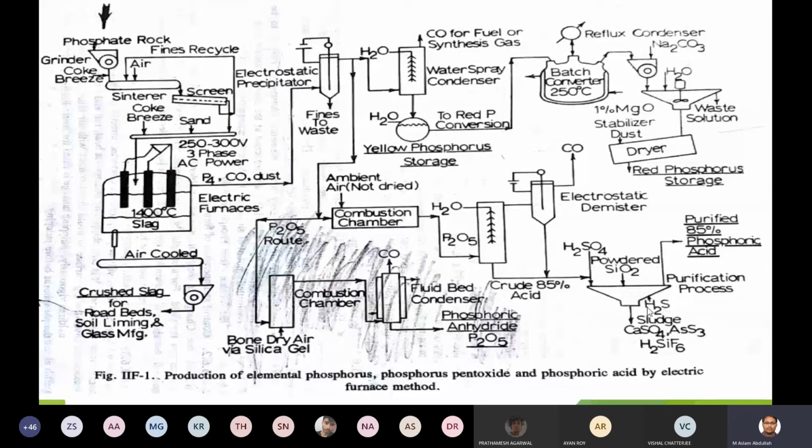Once you have added either H2SO4 or H2S, you can recover some other side products like CH4, AsSP, then H2SiF6. As is arsenic with sulfur, and H2SiF6 is hexafluorosilicic acid. These are the waste products that can be recovered at the bottom of this purification process while you recover the phosphoric acid.